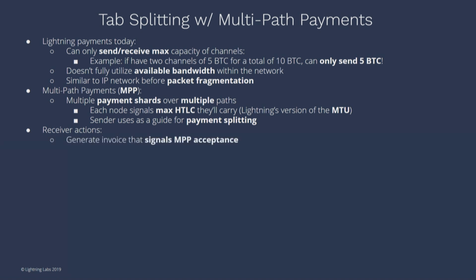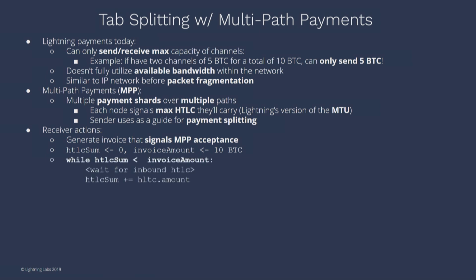So the question now is, okay, how do we actually receive this multi-path payment as the receiver? What the receiver does is generate a new invoice, and that invoice signals, okay, hey, I can accept these multi-path payments, so the sender is able to acknowledge that the receiver can actually get those payments. It has a variable, the HTLC sum, and let's say the total is 10 BTC. So it's going to keep waiting for these HTLCs to come in until they reach the total value, right? There's a slightly weaker version, which I'll talk about a little bit, and a slightly stronger one instead. At that point, it continues to increment the HTLC sum by the amount of each HTLC that's being extended, and once everything is full, it settles everything with a preimage, right?